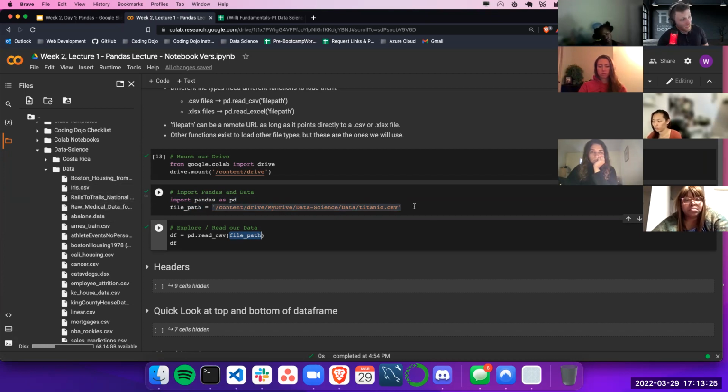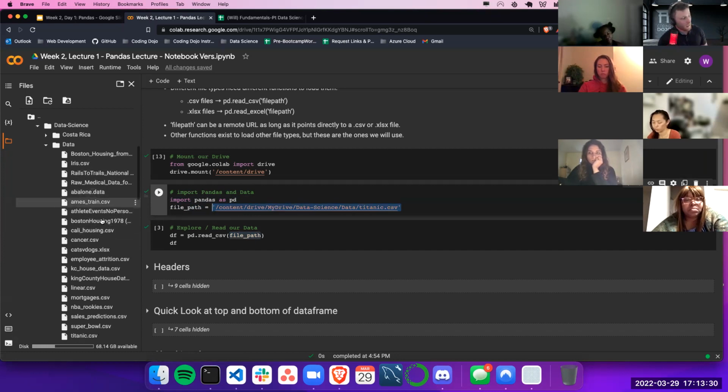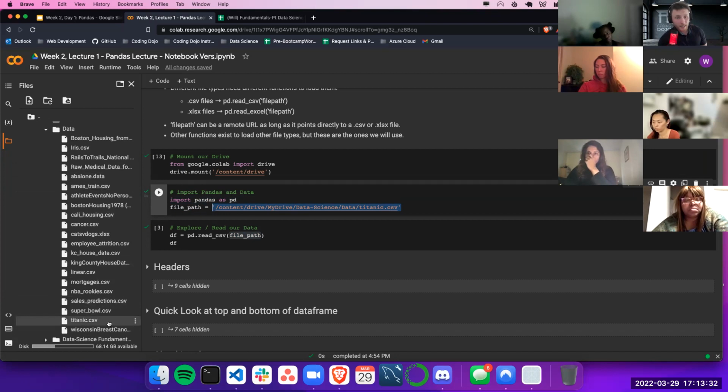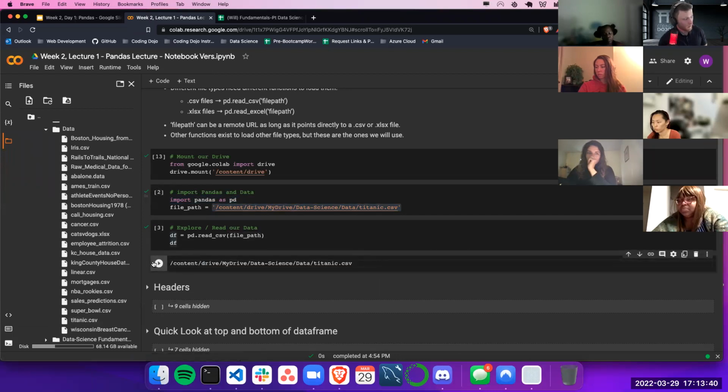But the way you're going to get this is you're going to go to whichever data set you're dealing with. Here, we're dealing with our Titanic data set, and see these three dots right here. You're going to click that, and you're going to say copy path. Now, if I paste this, you see that I get this path right here. This is a path in my content drive. So I mounted my drive. I'm in a folder called data science. Within that folder, there's a folder called data, and it's basically a pathway to that specific